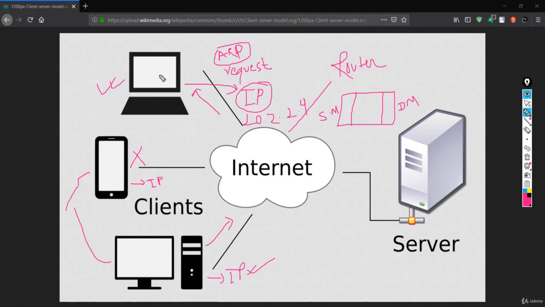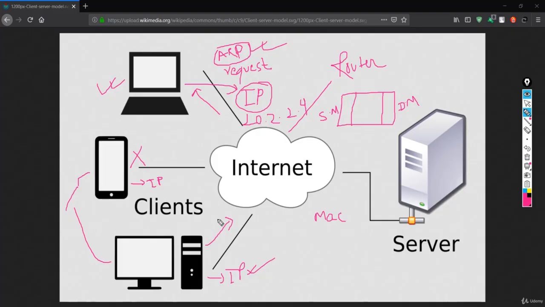And this will see that, okay, this client has the MAC address, and this is the Address Resolution Protocol. And the next very important piece of information over here is the MAC address. So MAC address is a Media Access Control address. It is basically the hardware identification number that uniquely identifies each device on the network.